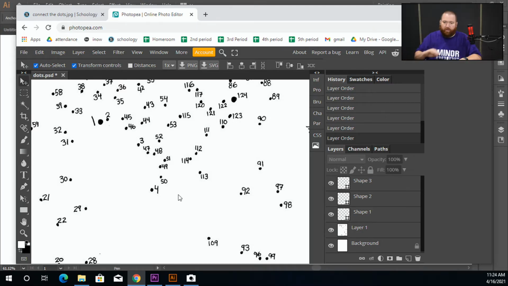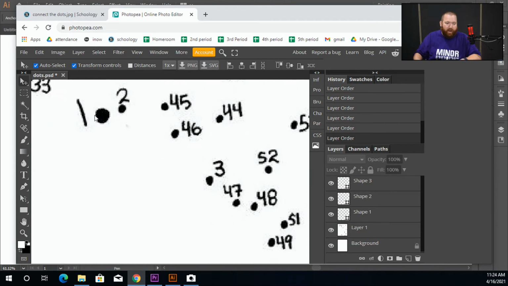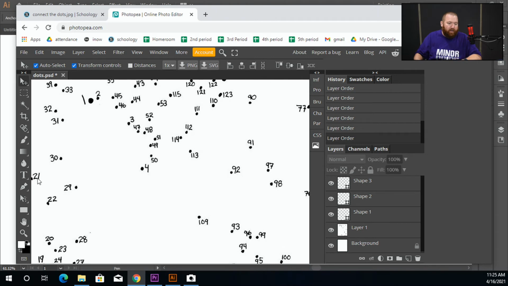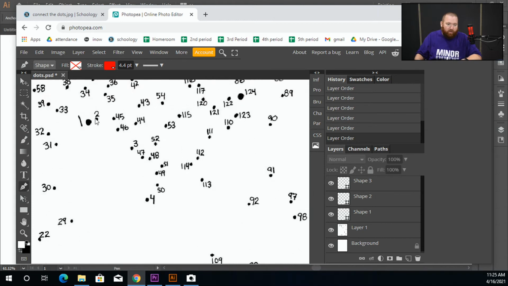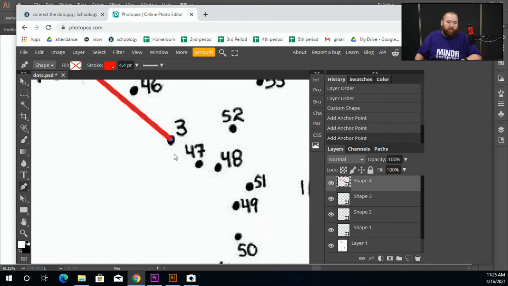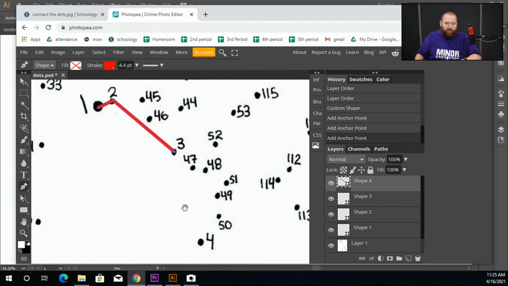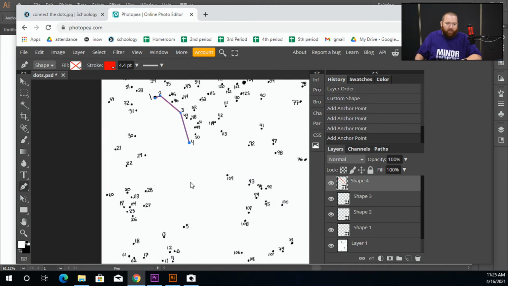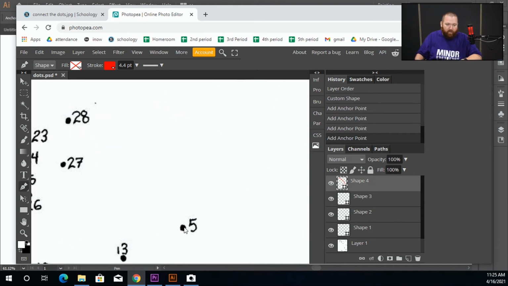So let me go back over here, bring myself up here. So I'm pressing Alt and scroll to zoom in and out, Spacebar to move around in the document, all right? Go back to my pen tool. I know that its fill color is Alabama, and the stroke color is red. So I'm going to click 1, 2, 3 is over here. Where's 4? I don't know. Let me zoom out, Alt, scroll down. Hey, there it is. Spacebar, move up, number 4. Zoom out a little bit more. Hey, there's 5 down there. Okay, 5,